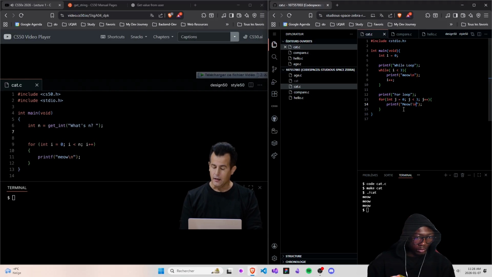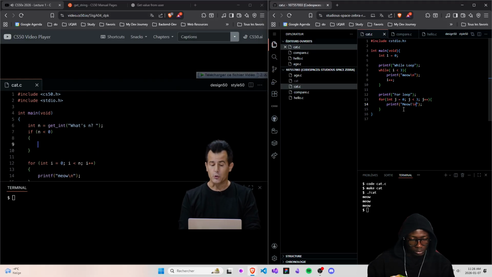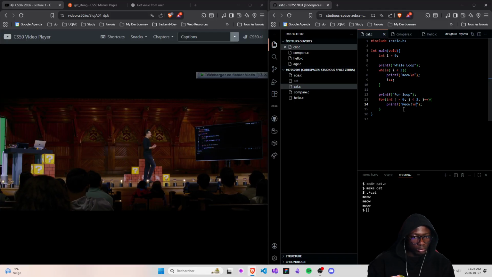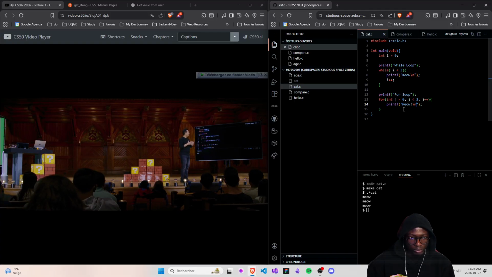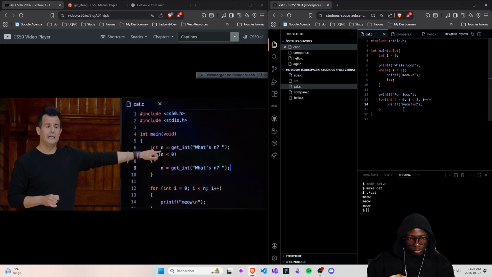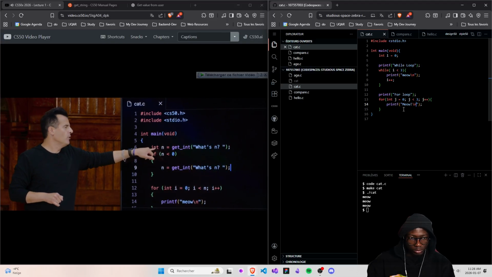After getting n, let's just check if n is less than 0, because if so, I want to prompt the user again. And I can prompt the user again by doing n equals getInt, "What's n?", semicolon. Now, what's going on here? Well, on line 6, I'm doing two things. I'm getting an integer from the user, and I'm not only storing it in the variable n, I'm also technically